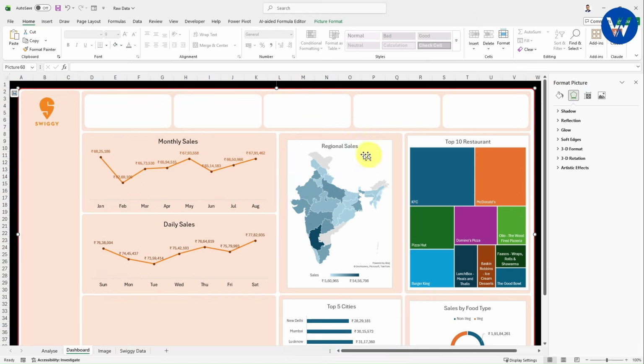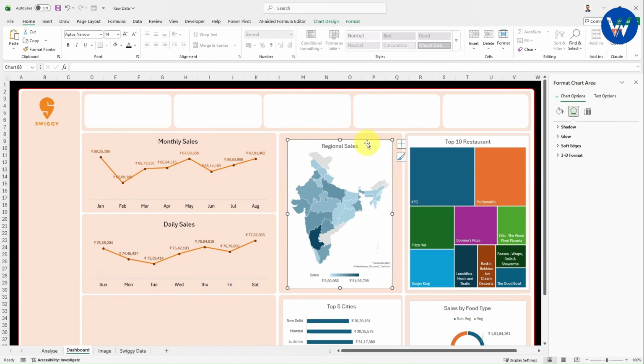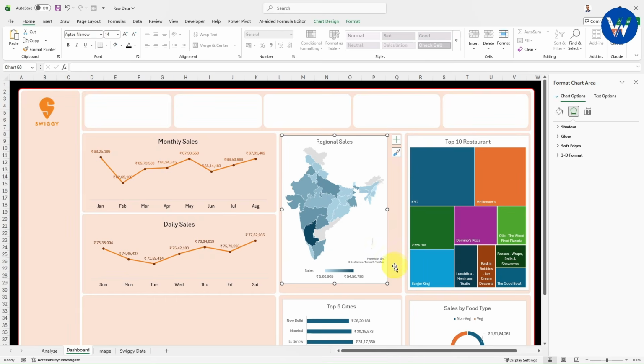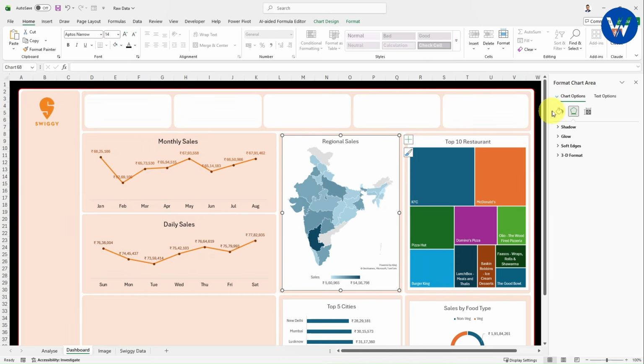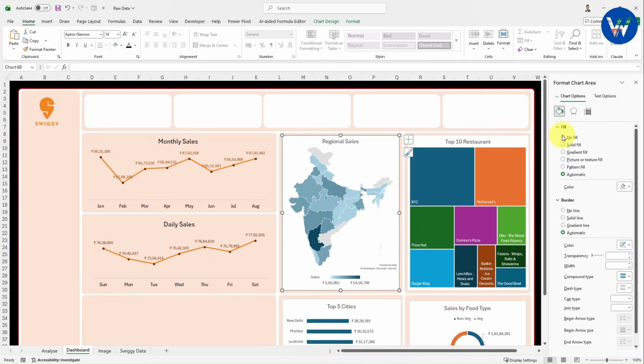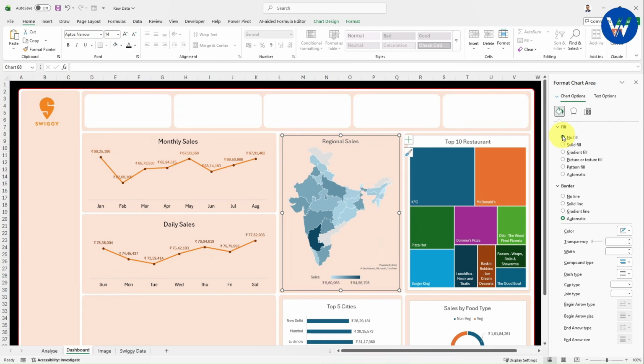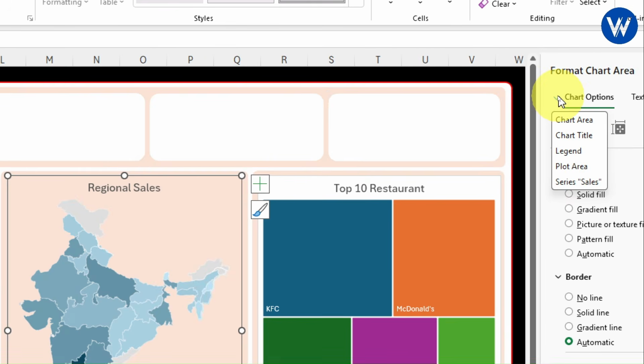Now what I will do, I will give the formatting for the regional sales. This is a map, right? So first let me adjust the map size. Okay. Now first you need to select no fill. You need to remove the color. I will simply click on this no fill. Now it is looking transparent. Now I want to change the color because you need to select the design color according to the logo. Now what I will do, I will just go with this option. Now you just need to click on this option available.